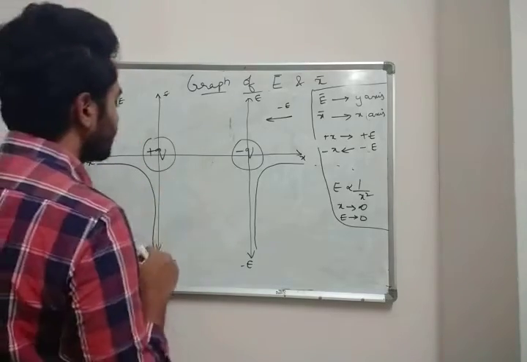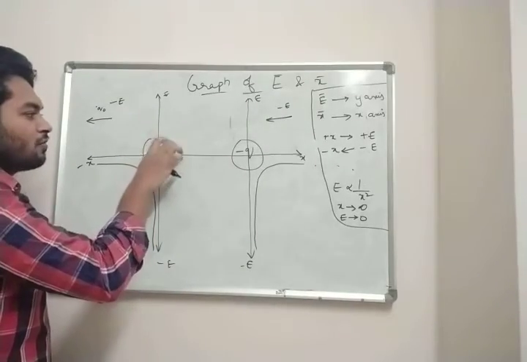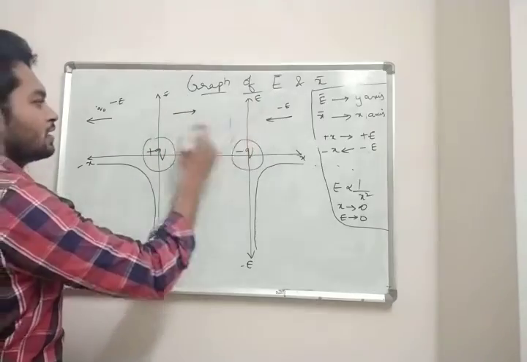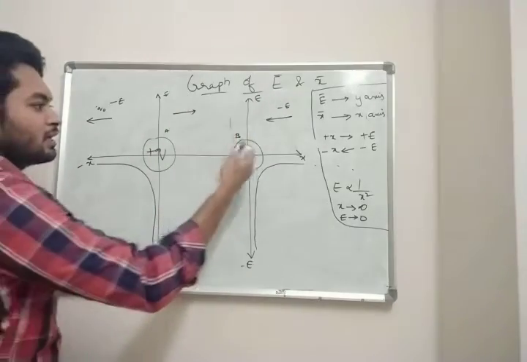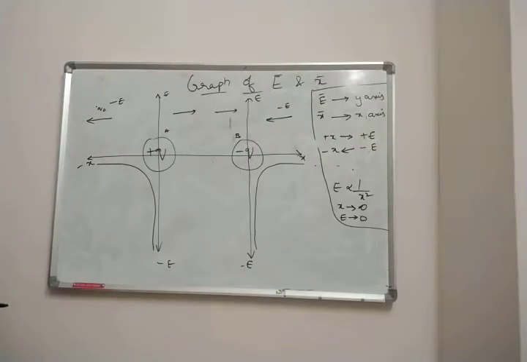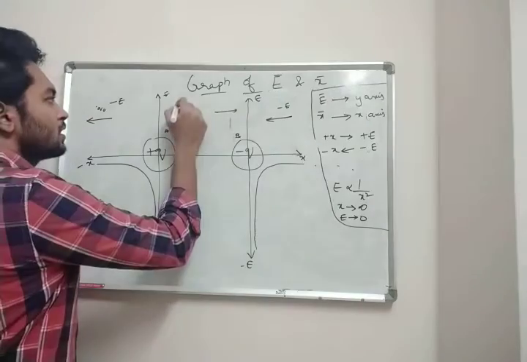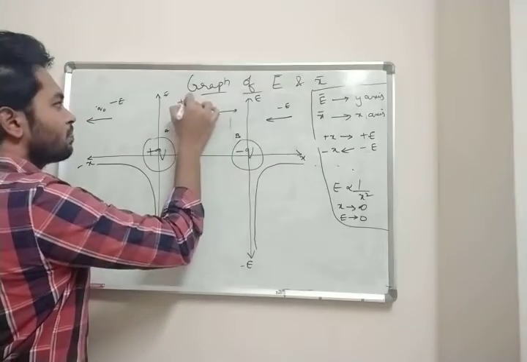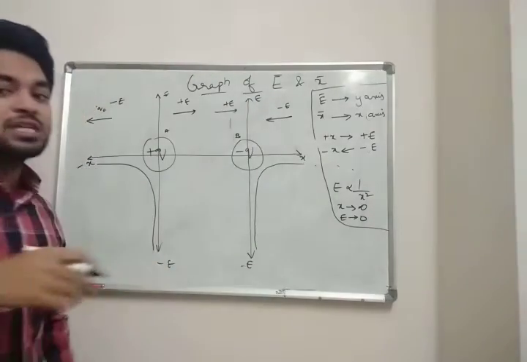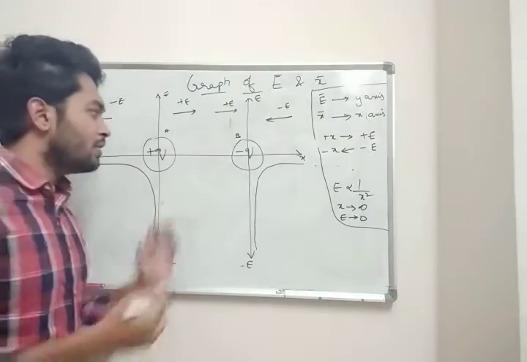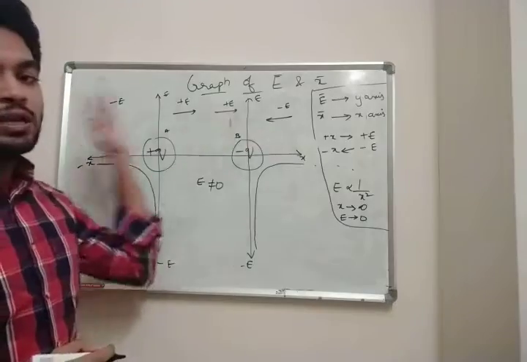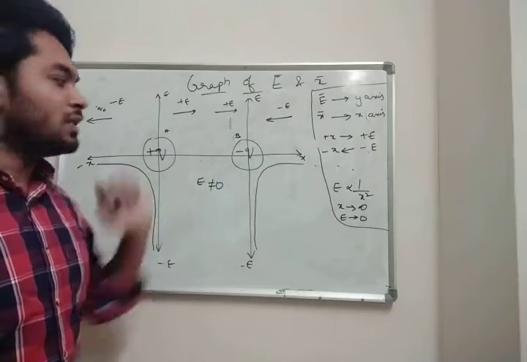Now what happened here? Let us see. Now electric field of Q is towards the right side. This is the right side, and A and B, and electric field of this is also in this direction only, because it is going to attract. So this is towards the right direction, we have considered plus E, and here also plus E. Now what happened here? At the midpoint you cannot say E equal to 0. At the midpoint, E is not equal to 0. Why? Because both are going in the same direction.